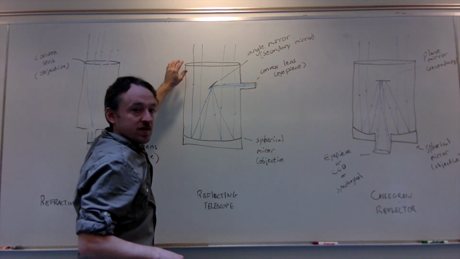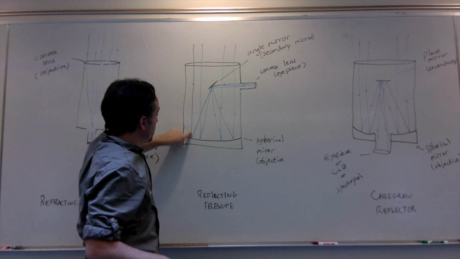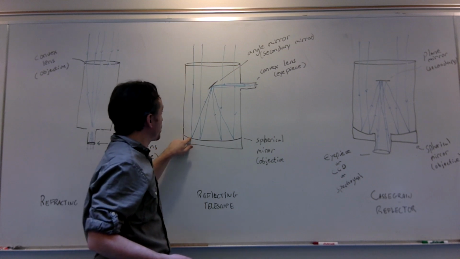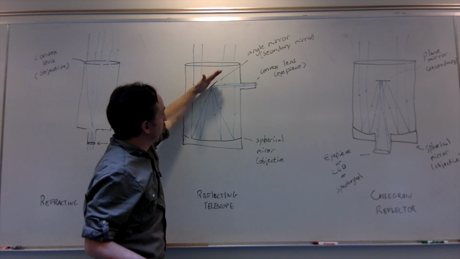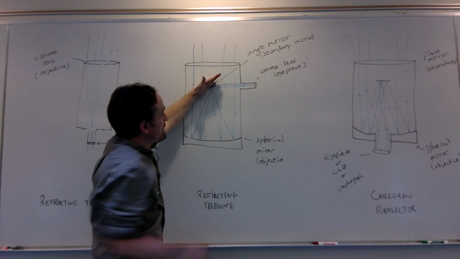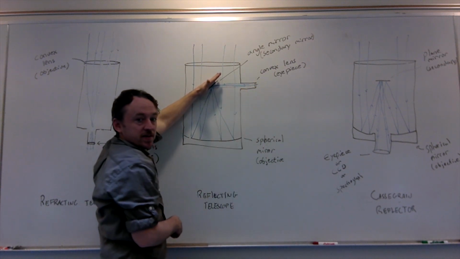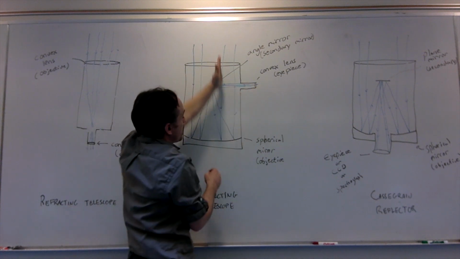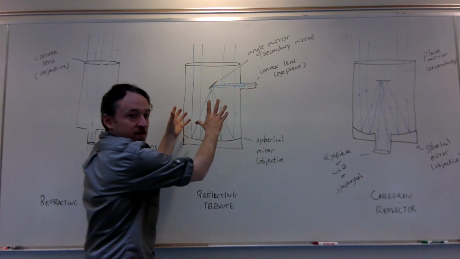This isn't the lens now. This is just an opening. The light comes and it bounces off the mirror, as we discussed in the previous section. It bounces towards the focal point. You put an angled mirror at that focal point, and it will bounce off of that mirror and towards the eyepiece. Okay, so then another light comes in, hits there, bounces towards the eyepiece, other side, and this is actually